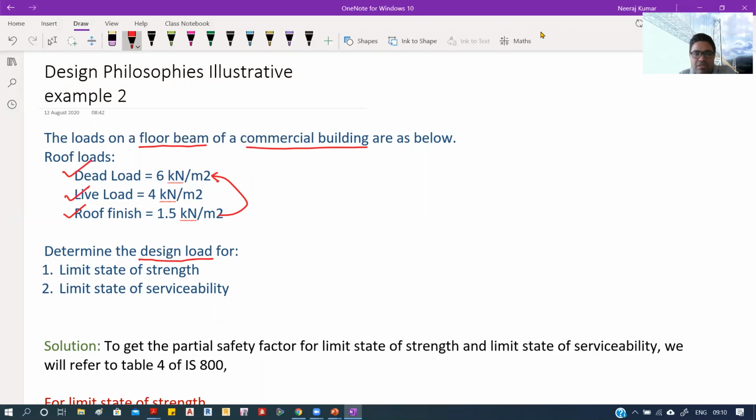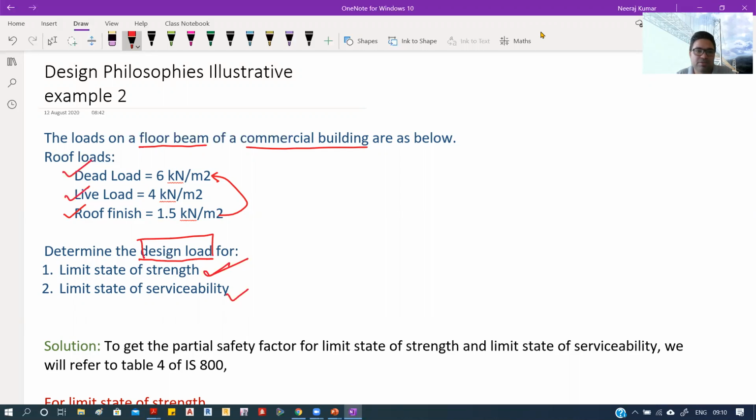We need to find out the design load for these two criteria, which are limit state of strength and limit state of serviceability. In the previous example, I calculated the design load for limit state of strength only. So here we will find the design load for both criteria, and we will see the difference between the loads acting as per the limit state of strength and as per the